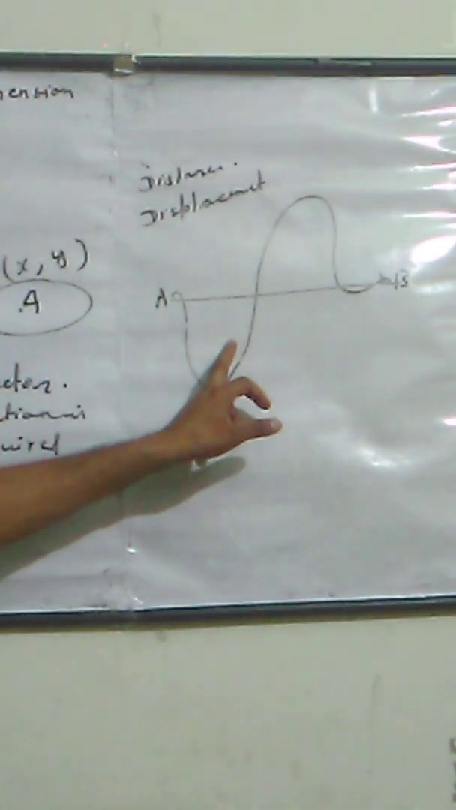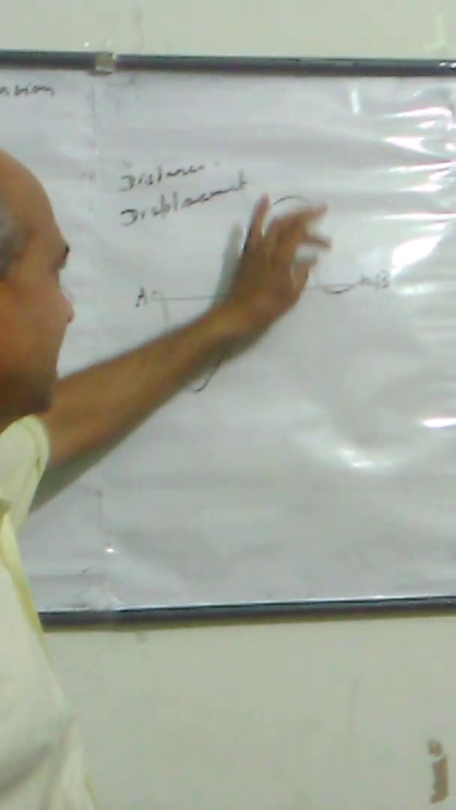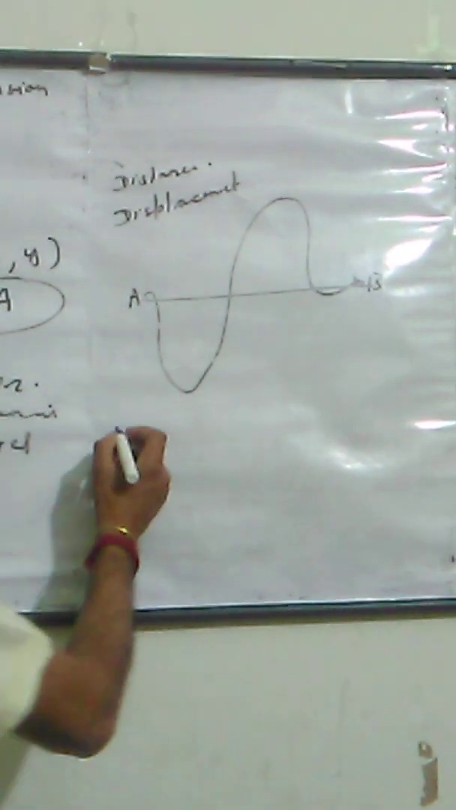But in case of distance, the direction is changing at every point. Direction changes at every point. So we can say that distance is a scalar quantity. Okay. After this, let us come to